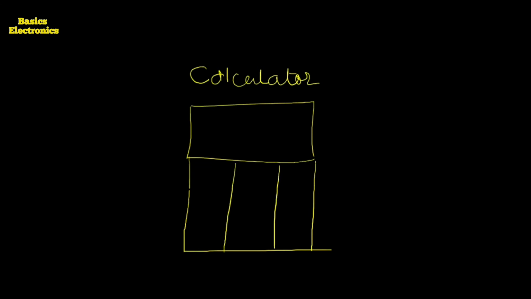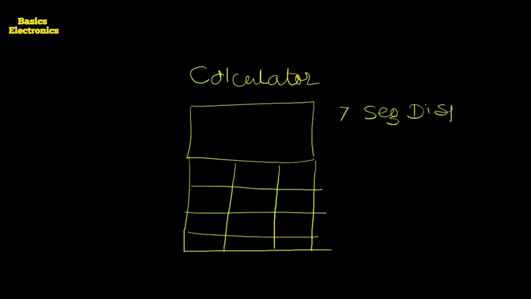Here the display is there. The single display is there, but that display we call a 7-segment display. Now the question comes, why is the display a 7-segment display? The answer is here. There are 7 LEDs. The 7 LEDs are placed in the form of segments. These LEDs are segments, not like the normal LED which we are using.